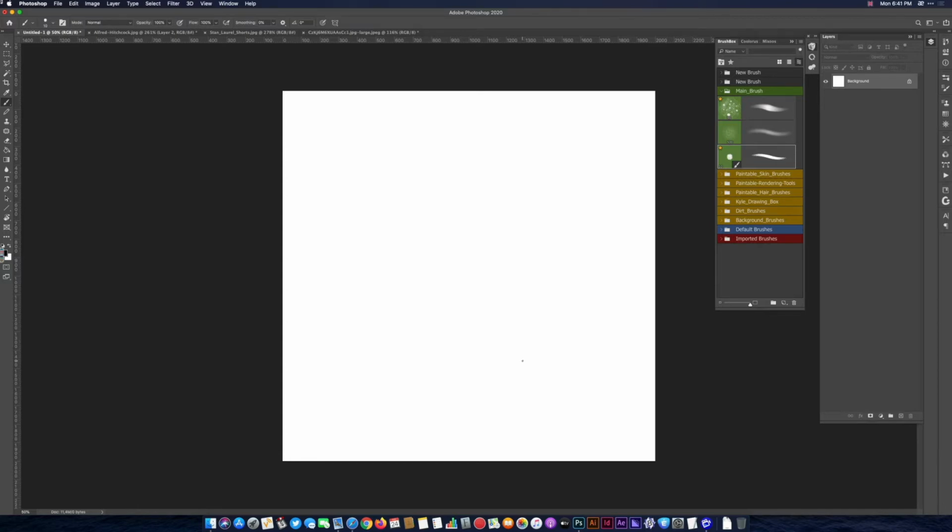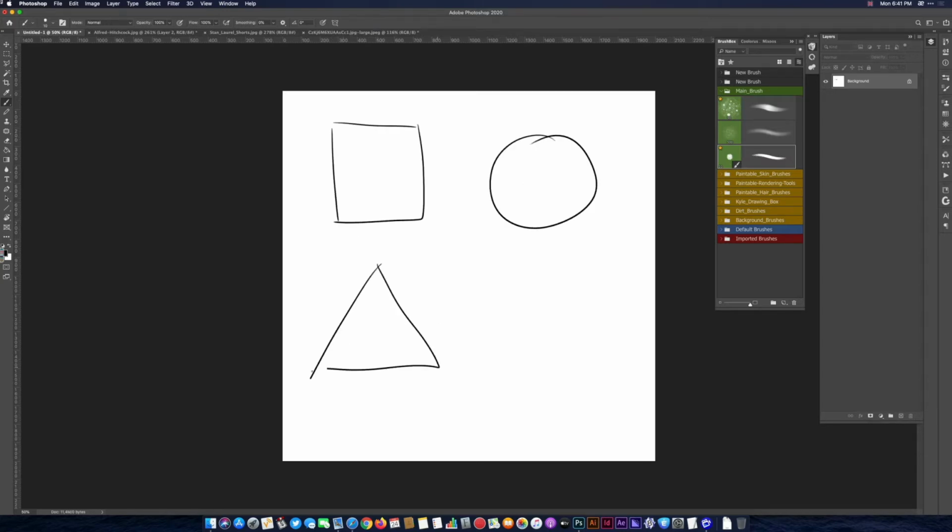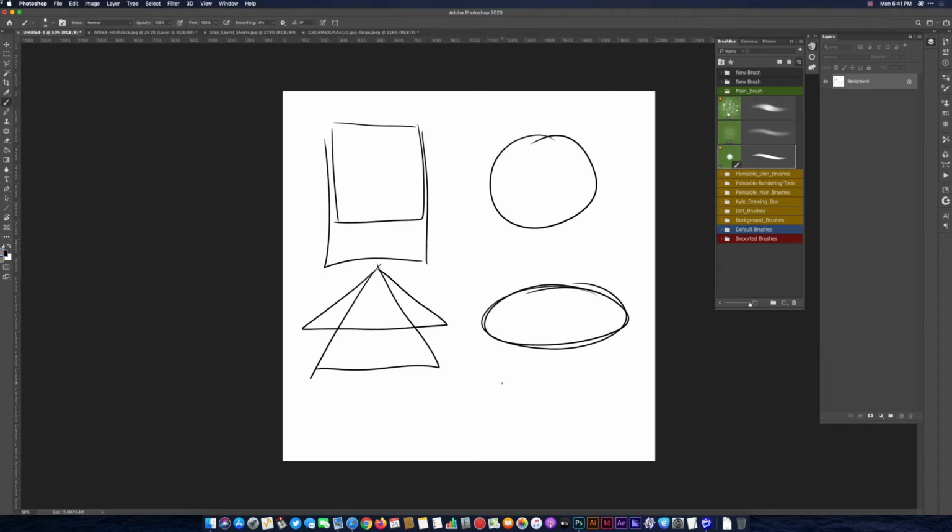Now you don't need to be told what geometric shapes are, but basically we're talking square, circle, triangle, ellipse or oval. Okay, these are the basic ones. You can obviously do different versions of these, like I say, rectangle. Okay, and you can obviously change the angle to an acute, pyramid or whatever. Okay, so this is what we're going to be looking at to help you understand how to then design the